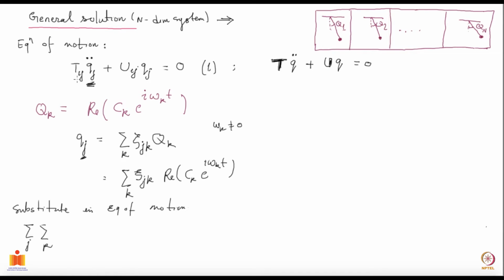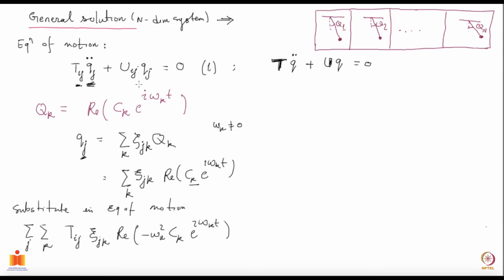Then your Tij, and I have to substitute qj. I take the second derivative, which brings down i omega two times, which gives a minus omega k squared. So I get xi j k, then the real part of minus omega k squared, then you have a ck, then e to the i omega k t,